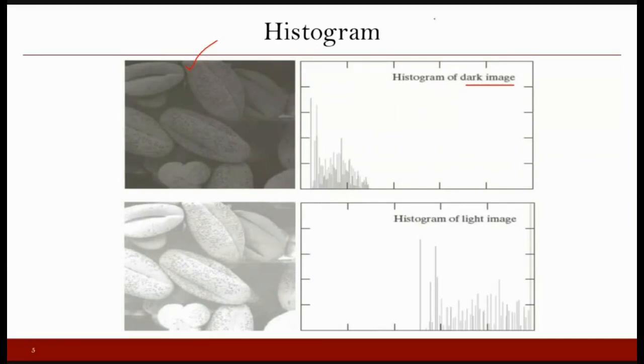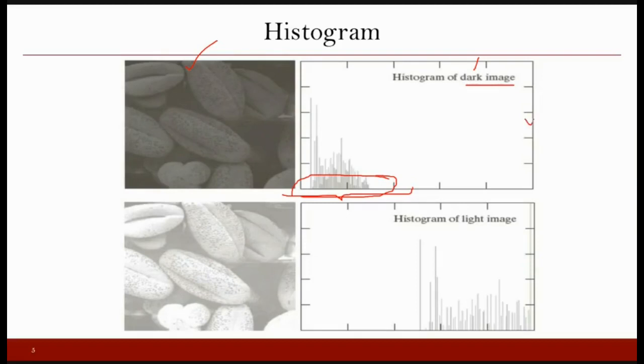That is why if you see the histogram of any dark image, you will find that it is clustered towards the lower side of your gray range.